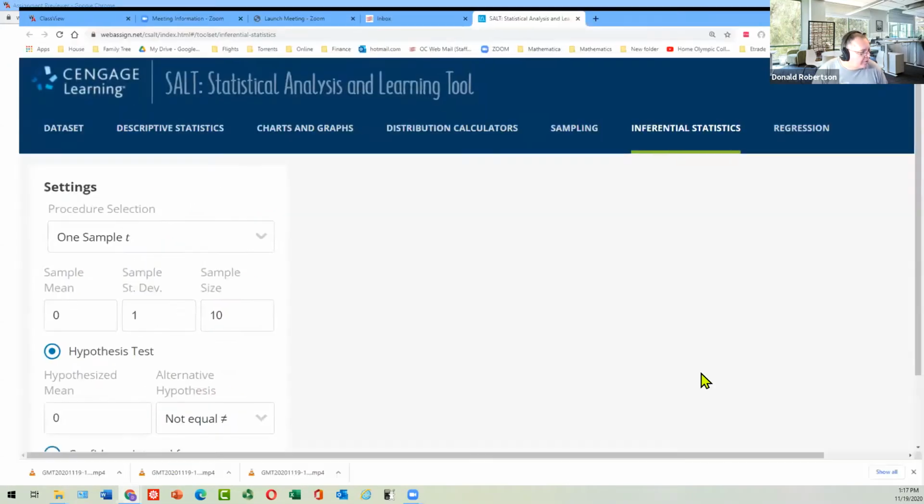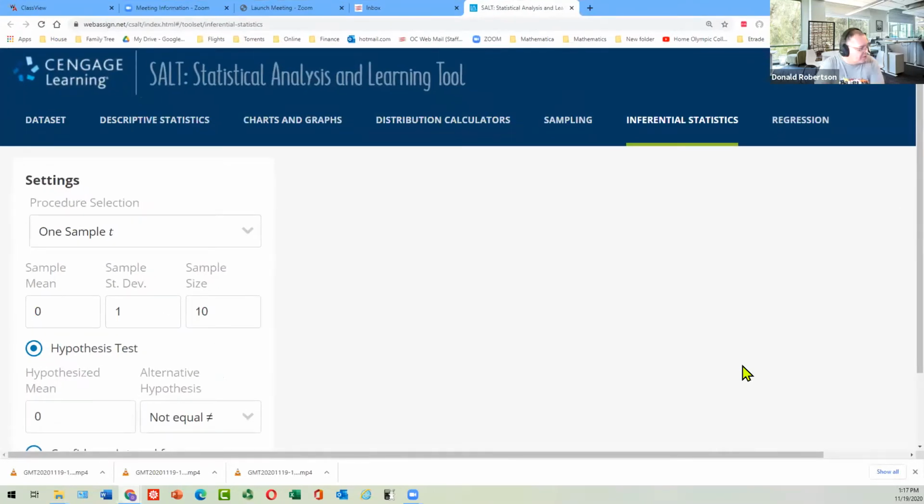So I'm just using the salt button for my question. When you hit the salt button, this appears. Now, along the top, there's lots of choices, and which choice you want depends on what you're doing. But for these questions, this is the one that you're always going to use. It's called inferential statistics. Infer, I'm going to think about something, try to prove something, that word, infer. So when I click on it,